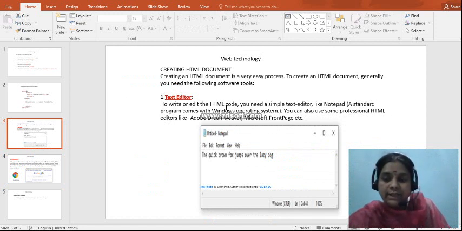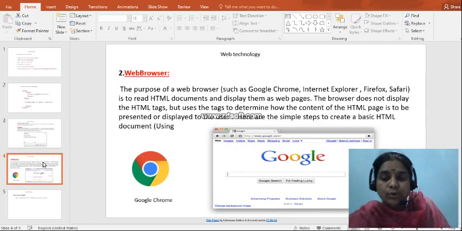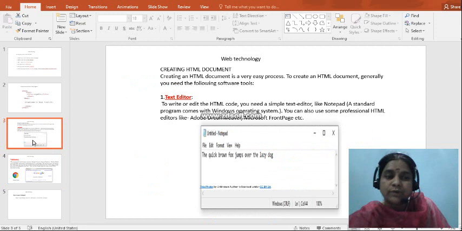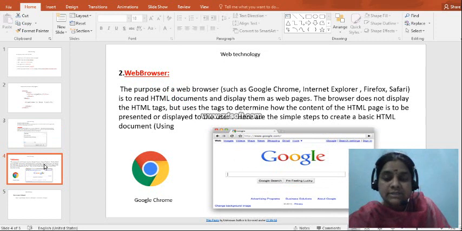I wanted to write an HTML program, where we are going to write it in the notepad. Notepad is nothing but a text editor. Creating an HTML document: how are we going to create an HTML document here with the help of a text editor, and how to open an HTML web page with the help of a browser. Where should the HTML program be written? It should be written in the text editor. And how do we get the output of the HTML program as a web page? That means how to open the web page by web browser.